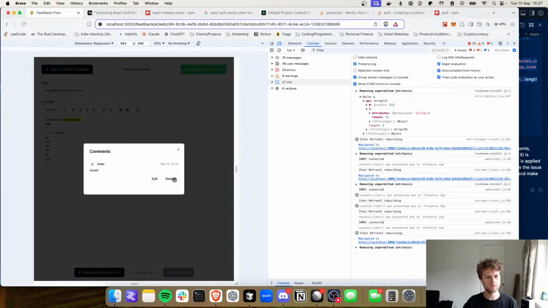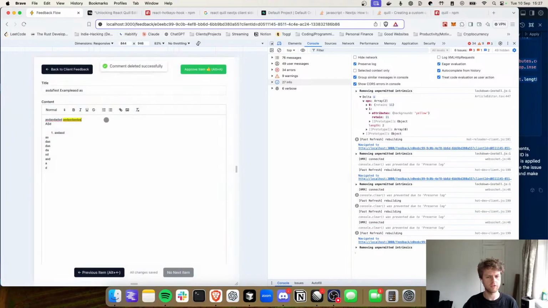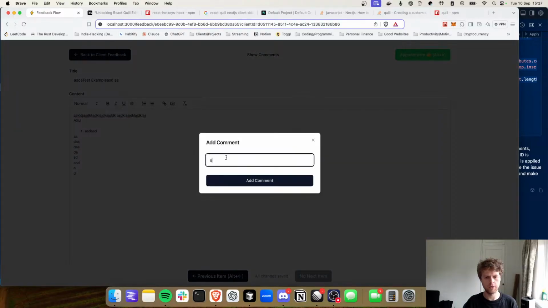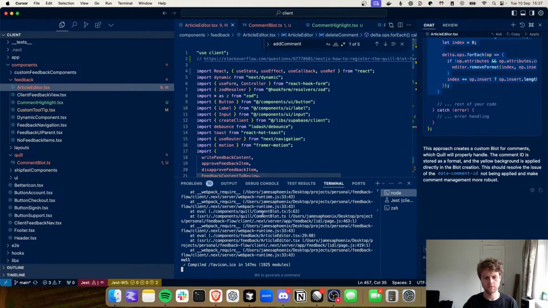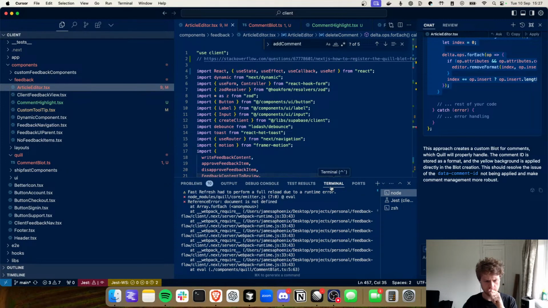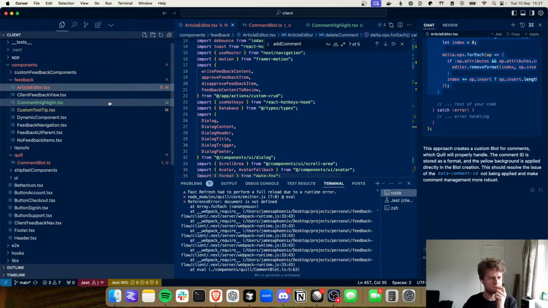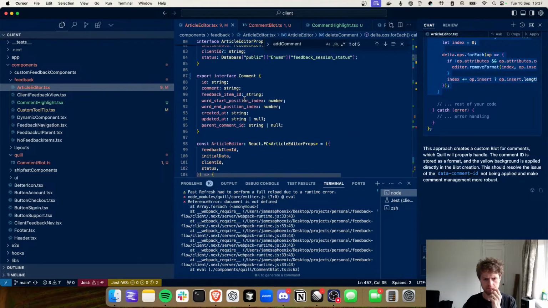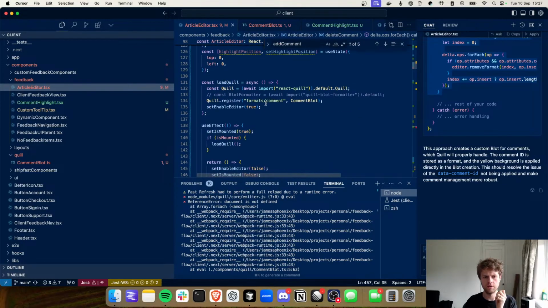Alright. Firstly, let's get rid of all this stuff here. So you add a comment, oh that's sweet. Failed to add comment. Okay, so the document's not defined, so I reckon rather than adding it here, like we've done,